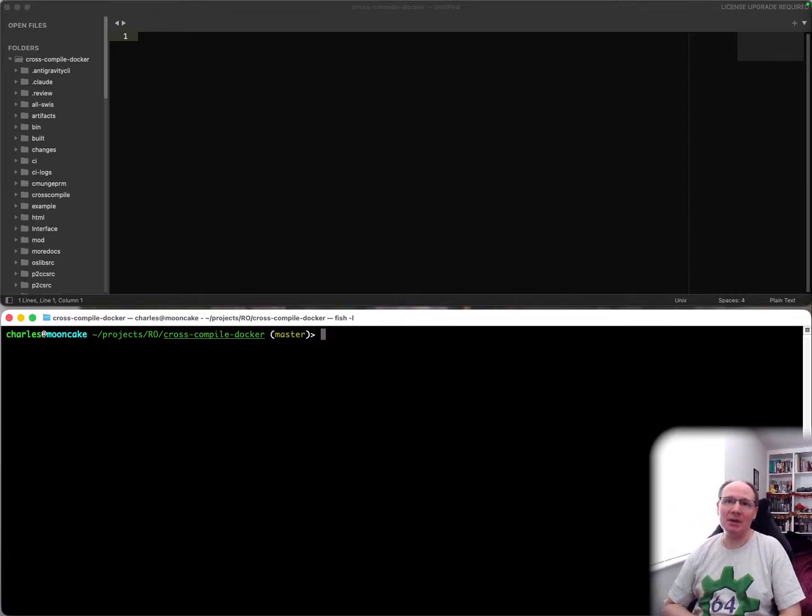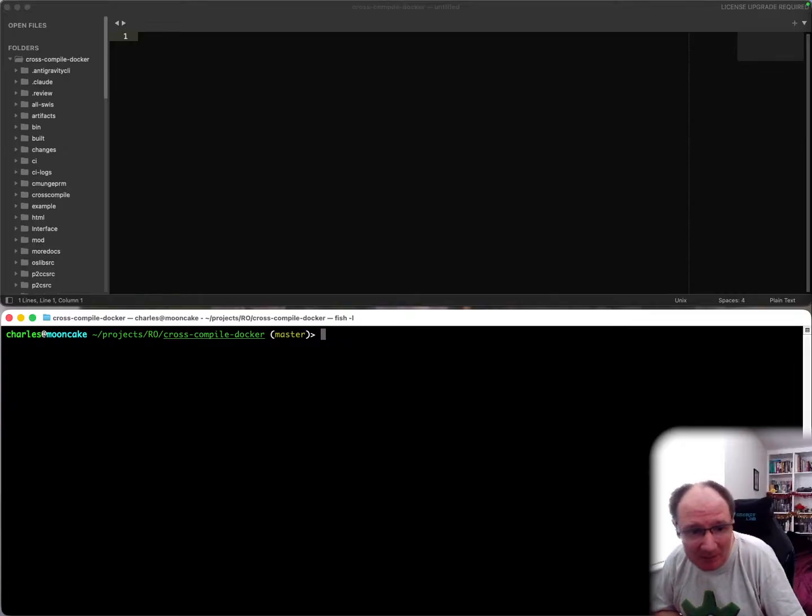So RISC OS Build Environment is a RISC OS build environment for Windows, Linux, and macOS, all using Docker. It lets you develop for RISC OS using non-RISC OS systems, and it comprises a pretty complete, not completely complete, but pretty good tool chain that covers most of the things you want to be doing on RISC OS. Obviously there's still a huge amount missing because it's an operating system. It can't do everything, and RISC OS is a little bit special, but it's certainly